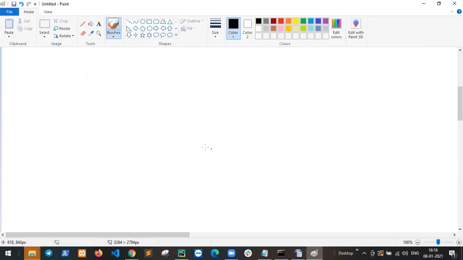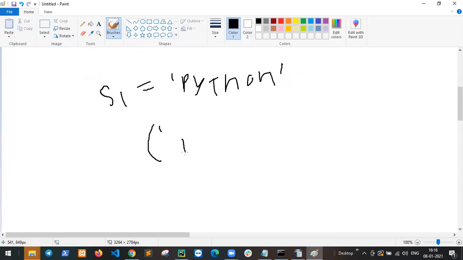Next example, I will show you. S1 equals Python. But I will say find T only between 0, 1, 2, 3, 4, 5, only between 3 and 5. So this result is only 3.